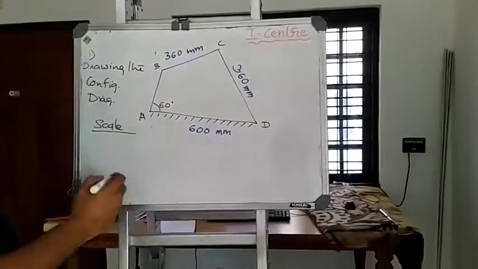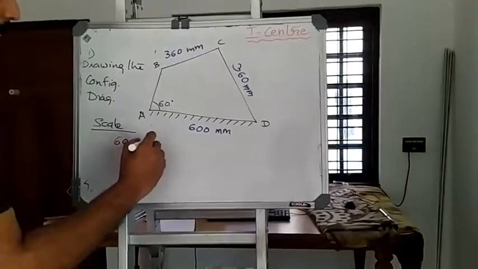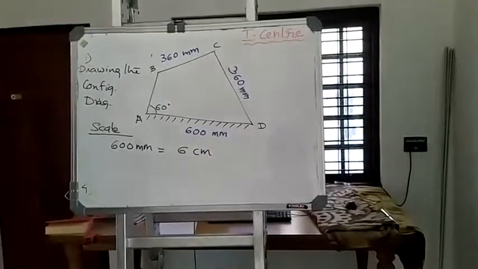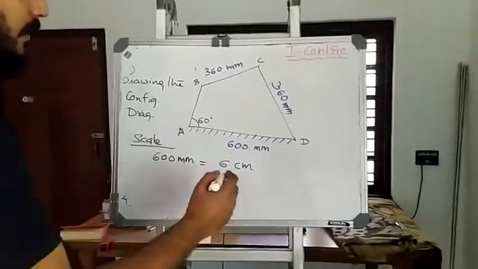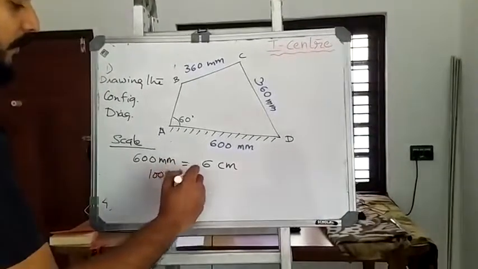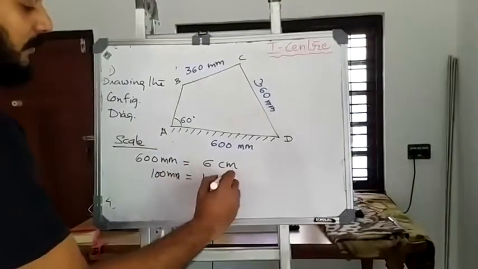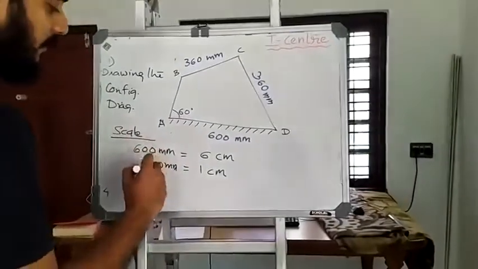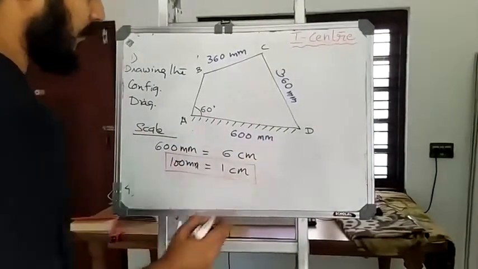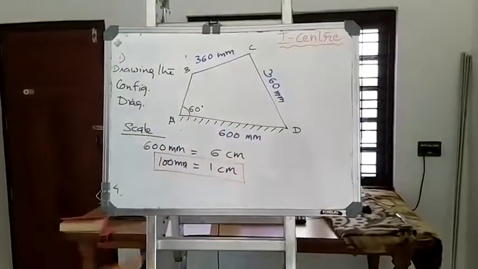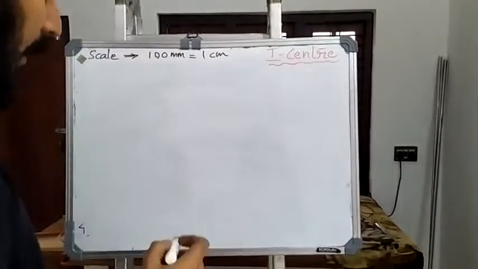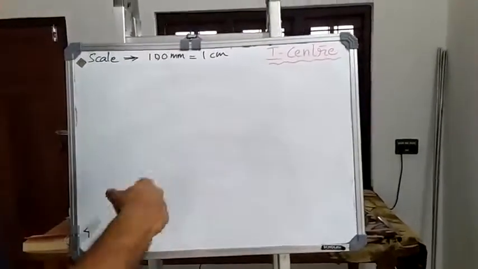Now, I am going to take 600 mm equal to 6 centimeter. So if 600 mm is taken as 6 centimeter, then 100 mm equals 1 centimeter. This can be taken as our basic scale for drawing the configuration diagram: 100 mm equal to 1 centimeter. Okay, now keeping in mind our scale, let us draw the configuration